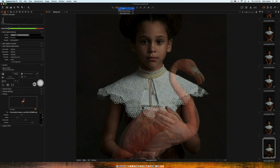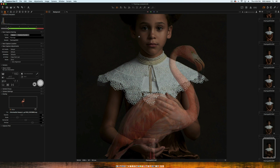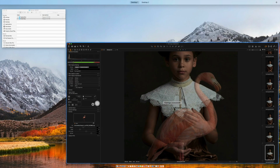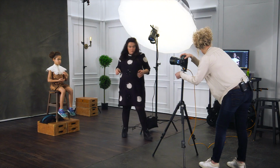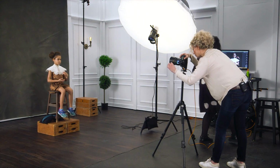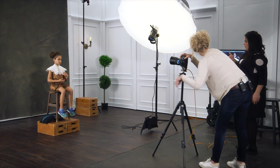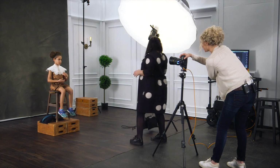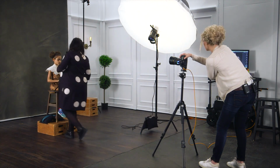I'm kind of happy how the colors turn out, the contrast between the flamingo and the bright color she's wearing. Okay, if she has her thumb a little bit lower, just a little bit from the other hand. You see that cord on her dress? That's a nice, good reference. So it's under